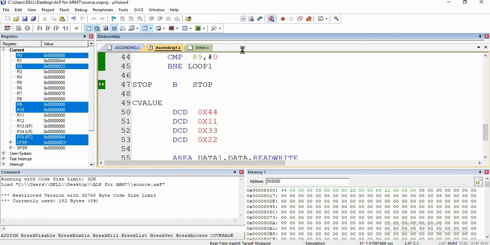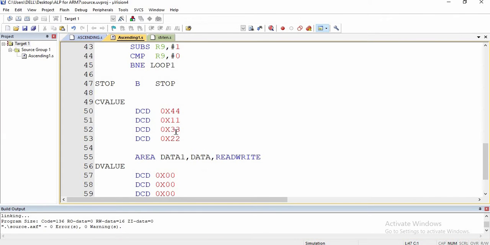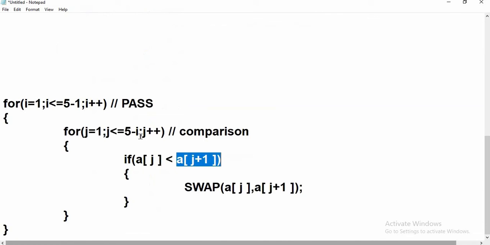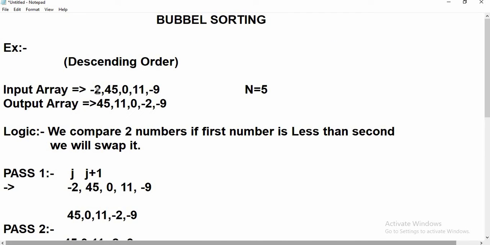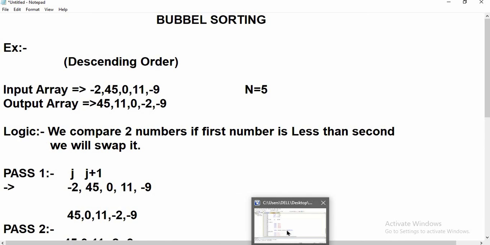Now I'm going to show one more thing, that here you can also give the negative values and the positive values in decimal system. Let us take the example over here, the same thing, -2, 44, 0, 11, -9. We will give the same numbers over here.